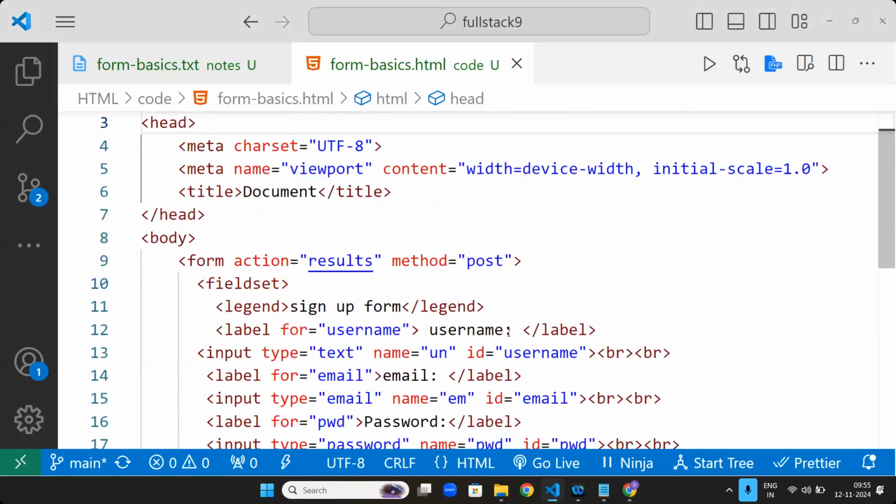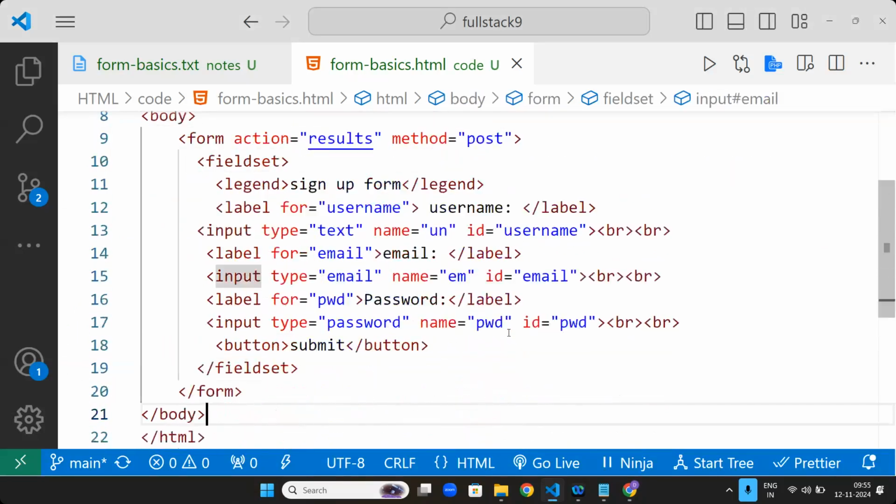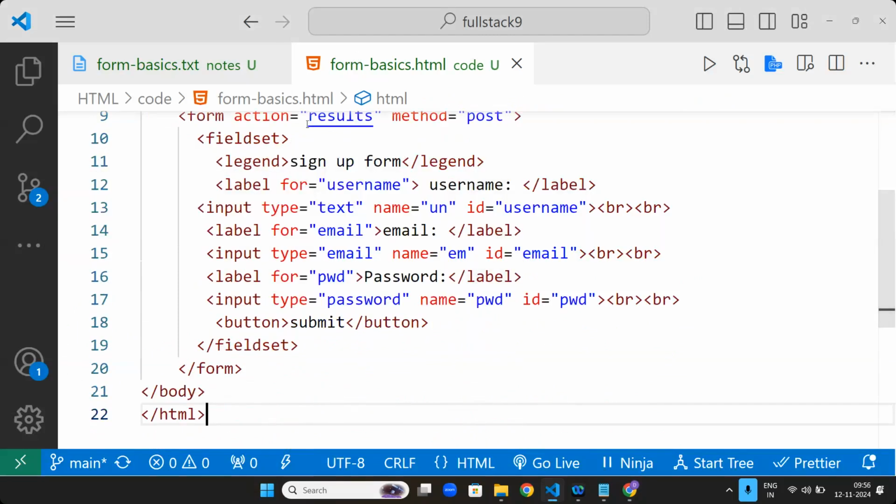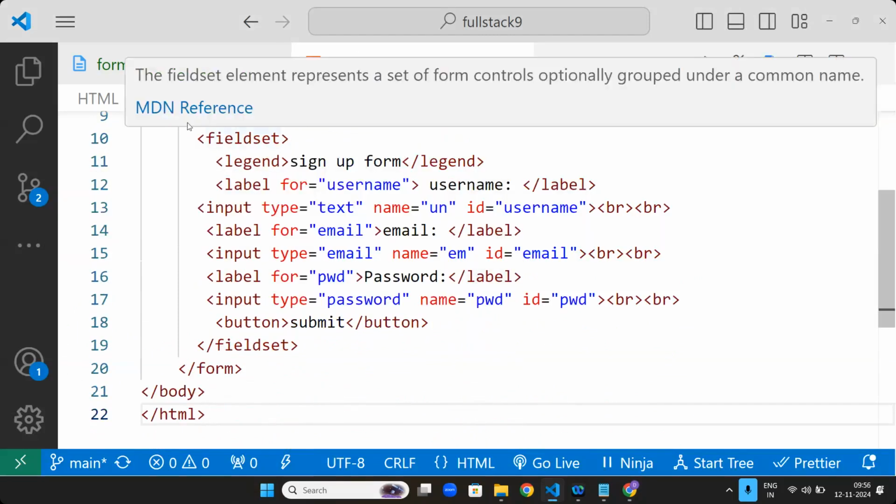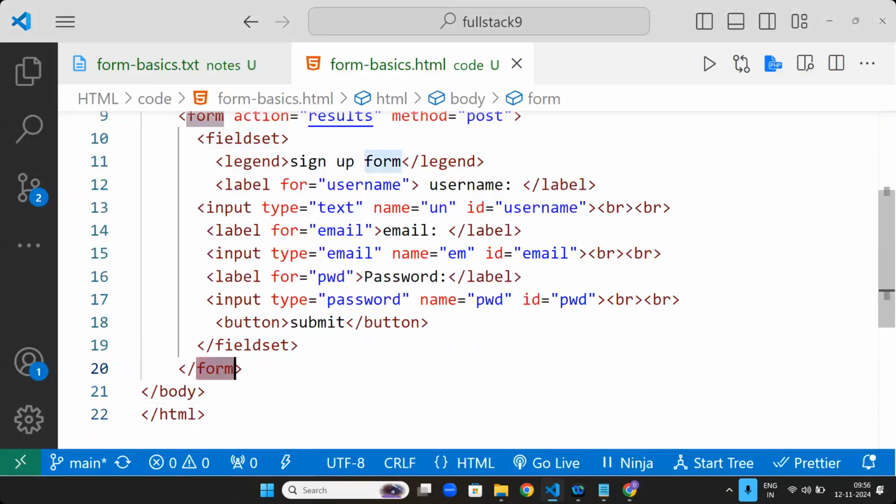Now, yesterday what we discussed, I'm going to repeat it here. Yesterday we discussed that a form will be included inside a form tag. Inside a form, you will give one attribute called action. What is the attribute? Action. Inside the action, you will give one link, one path, wherever you want your form to be submitted.